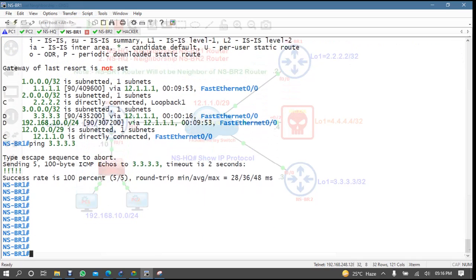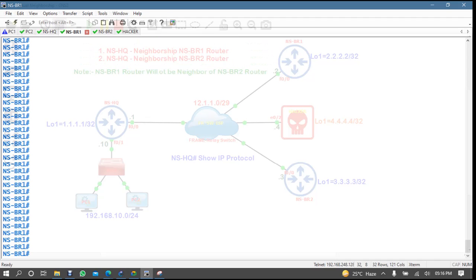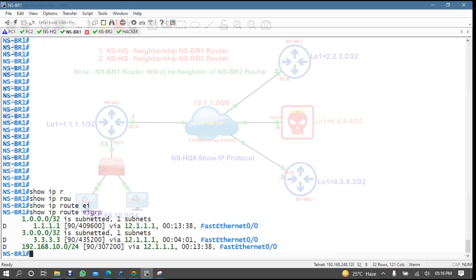But if I come to the branch 1 router and type IP route EIGRP, now see, branch 1 is getting 1 because branch 1 already has 2, so we are just checking EIGRP routes.